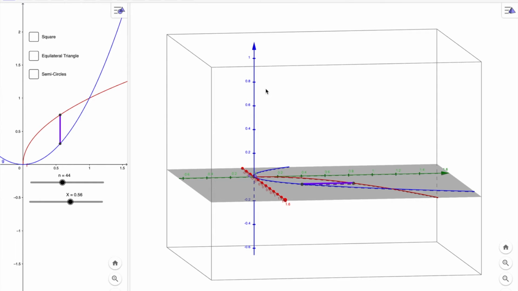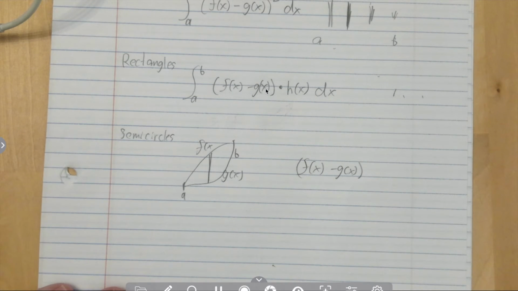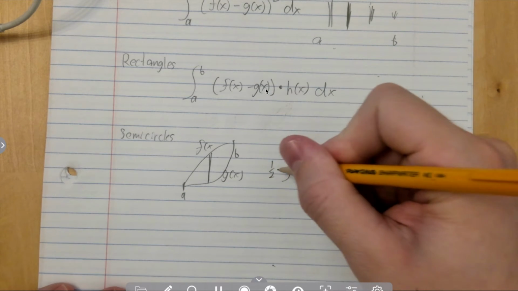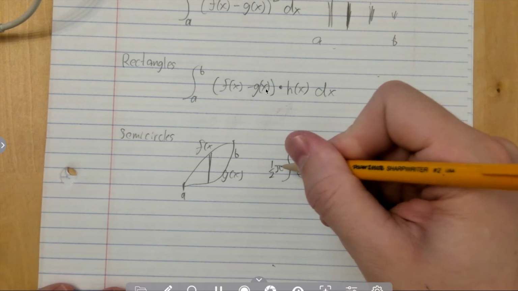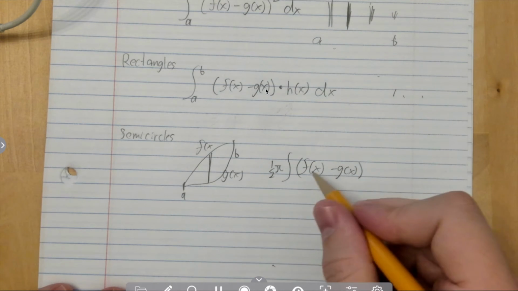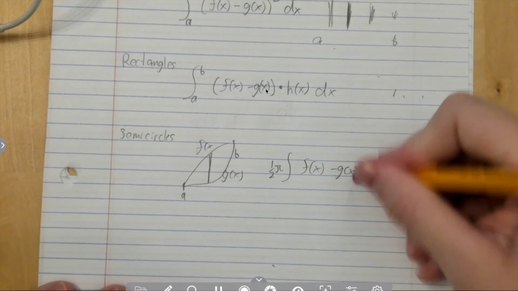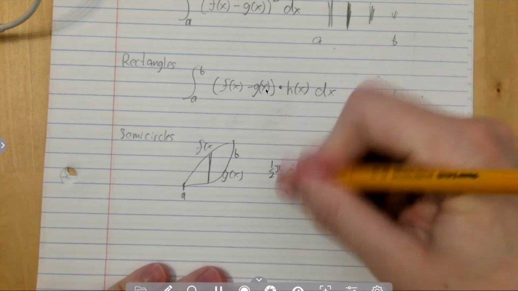Well then, that's still not too bad. How do we find the area of the semicircle? Well, maybe I'll do this. A semicircle is 1/2 pi r squared. And I don't have r yet. How am I going to find r? Remember, r is